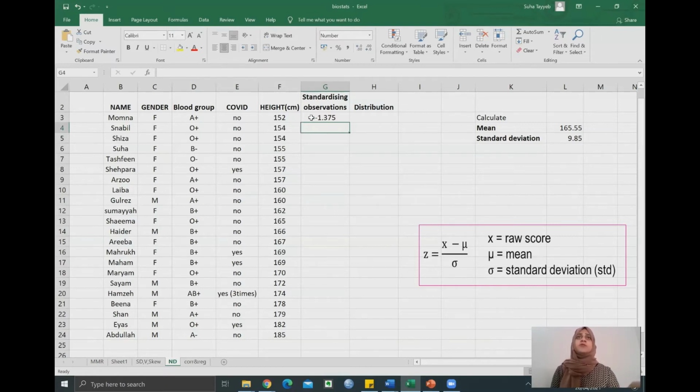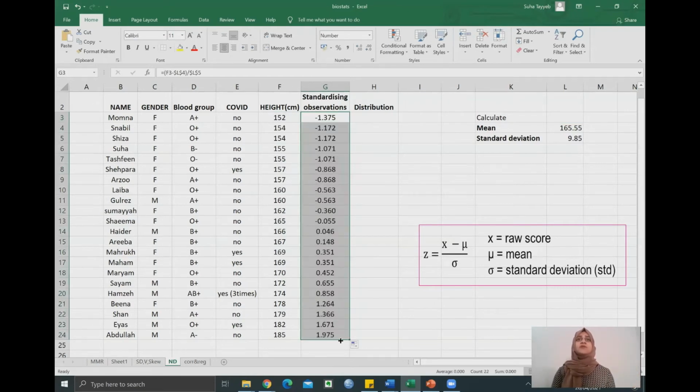Now what I'm going to do is click on my cell, and I don't want to waste my time writing this formula over and over again. I'm just going to use the autofill function over here, take my cursor to the right bottom corner of the cell, click and drag. I'm going to drag till my corresponding data values. So I'm going to release my cursor, and now see all of my values have been given just like that.